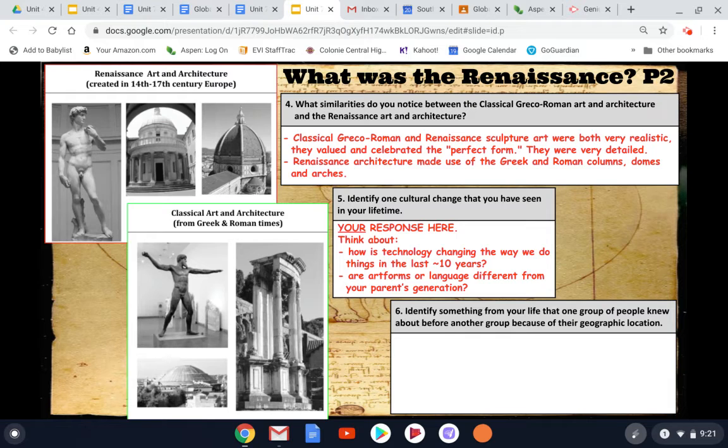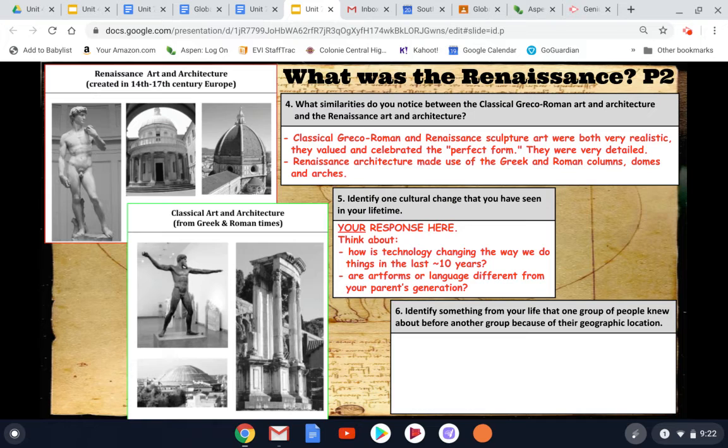Where when I was born in 1984, I still remember being a little kid in the 80s and seeing Nintendo and video games come out for the first time. The birth of the internet I experienced in middle school when you had to dial up on AOL and the internet was really, really slow and loud, but we were sending messages back and forth without picking up a phone or going over to someone's house. So it was an incredible change about how we communicated and how we interacted with the world around us. But your response can be different than that based on what you have experienced in your lifetime.